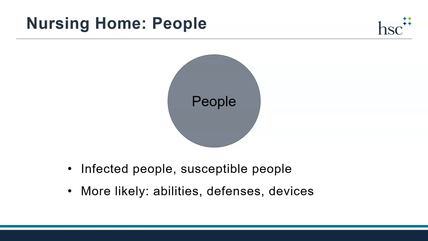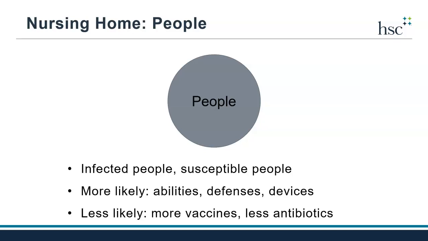But there are things that can make us strong against infections, and that includes vaccines, which helps our bodies build our immune defenses. Also, using antibiotics carefully and only when needed. Using antibiotics when not needed can lead to reducing the number of good bacteria and make harmful bacteria resistant to being weakened or killed by antibiotics.